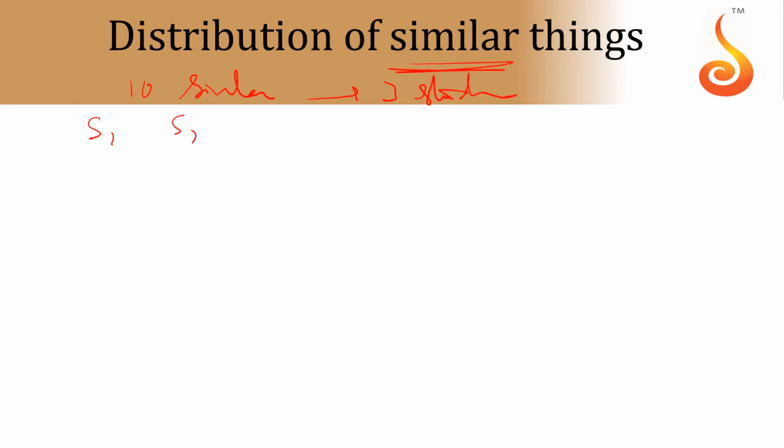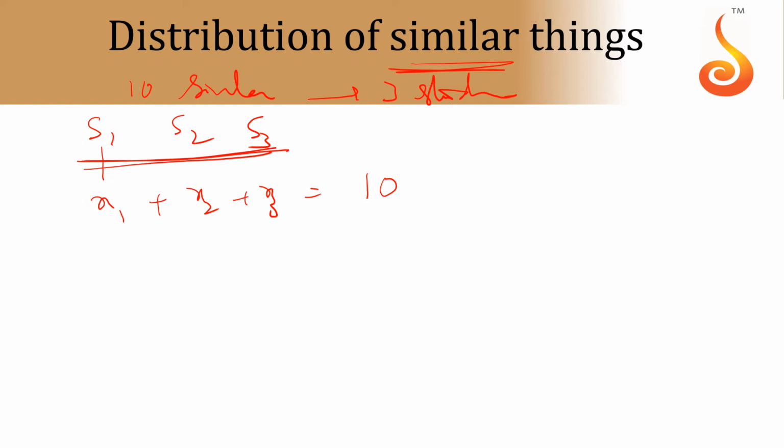So S1, S2, S3. What will happen here? How many things you give to S1, how many to S2, how many to S3 is what is important here. Whereas when the things are dissimilar, how many is important, and at the same time which things you give to S1 is also important. So when they are similar, we simply say this student gets x1 things, x2 things, x3 things. You have to equate the sum to 10. Then you have to calculate the number of non-negative integral solutions.